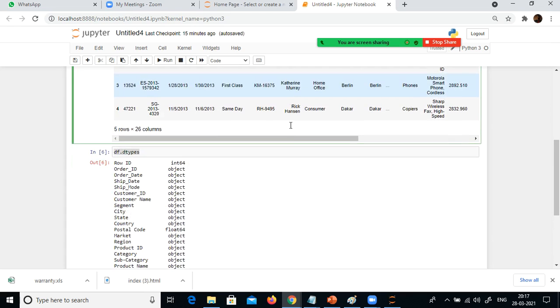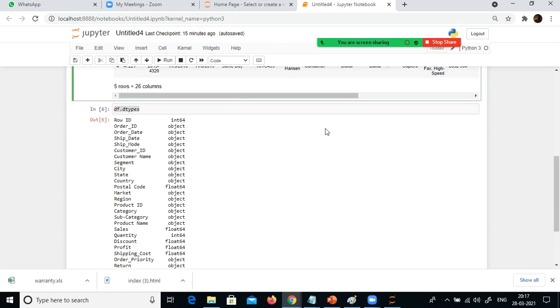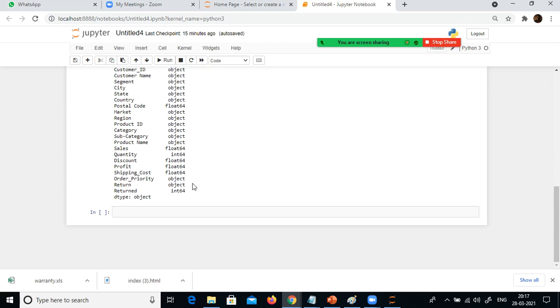Apart from that, this data set is meant for finding out the customers who return the items, and the pattern: why they are returning, which kind of customers, or what pattern we can see. Going through millions and millions of records is painful. Hence, we use a machine learning algorithm to predict.